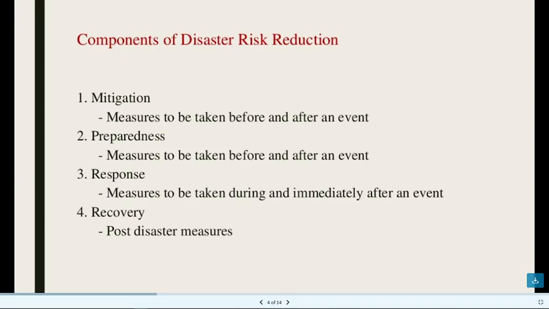Now, in the case of typhoon Odette, we could not take an immediate response during the typhoon, because the wind was very strong and it could harm or put into danger even our rescuers themselves. They cannot do rescue operations because of such strong wind. So we should expect the worst, and we can only apply the response immediately after the event. So that's why